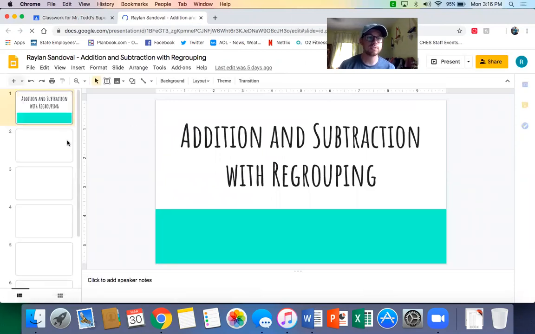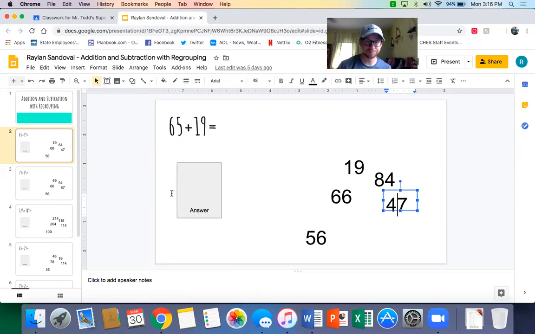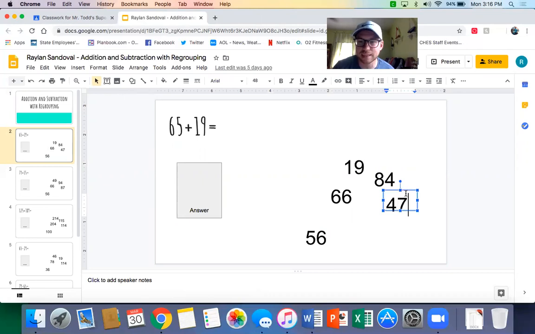So what you're going to do is it's going to pull up and you're not going to hit present. You're going to want to leave it like this so that you can move things around. So you're going to add 65 plus 19, and then you're going to come over and pick an answer. We know it's not 47. And then when you watch me click this, do you see how this turns to like a little 4-point arrow? You're going to want it to be that,